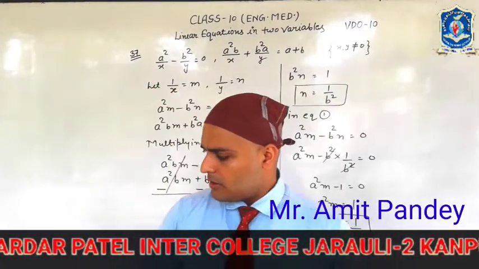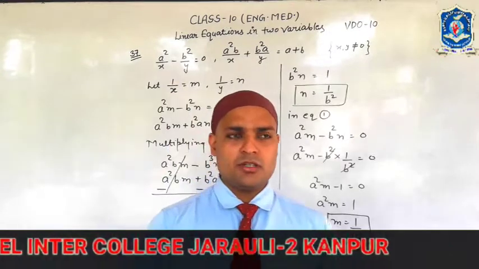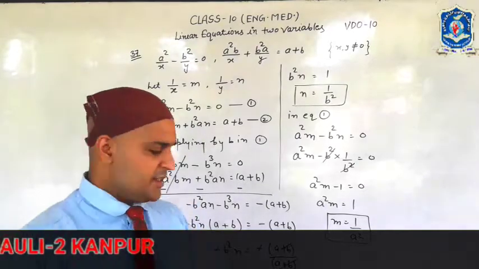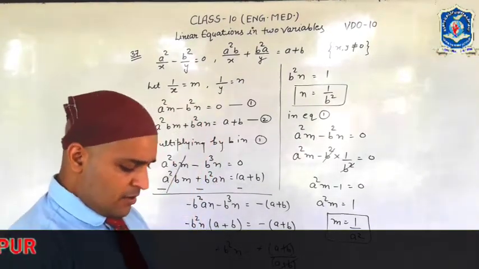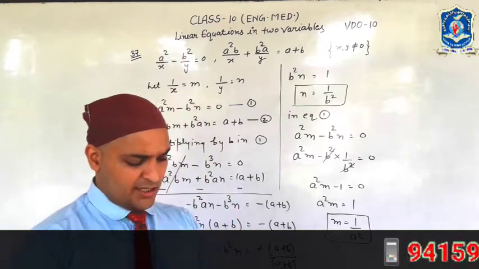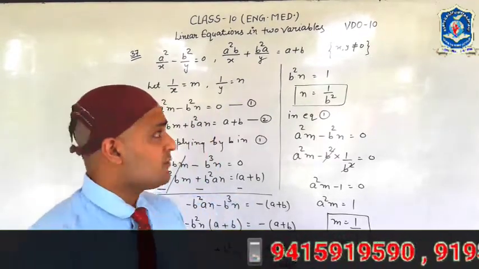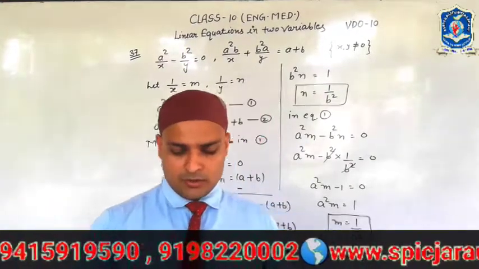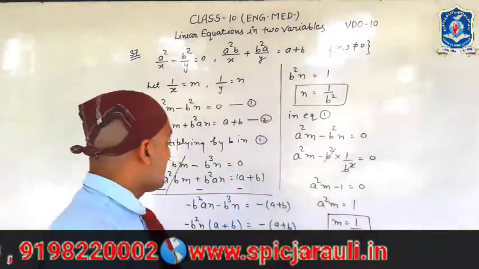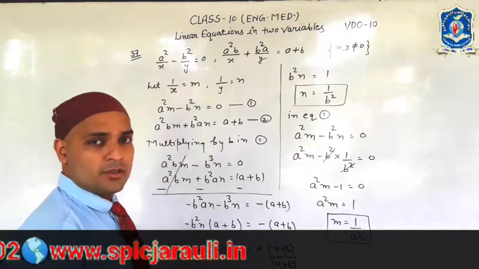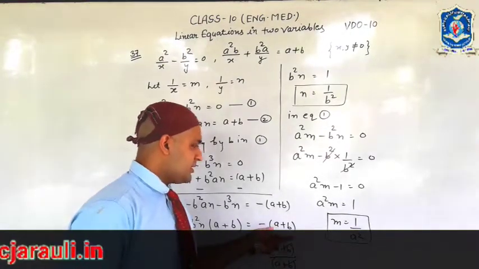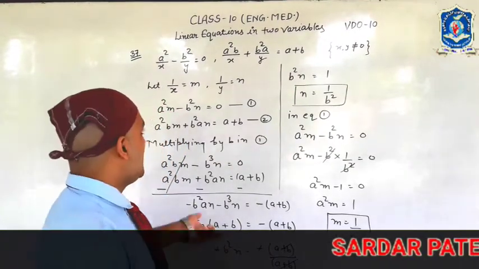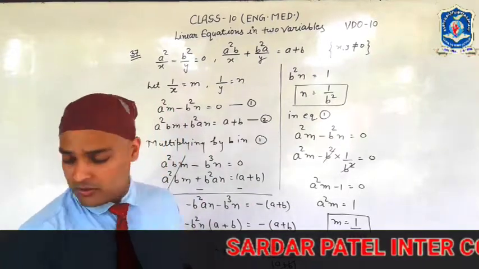In the last video I told you question number 36 in exercise 3C. Okay students, exercise 3C question number 36. Now I am starting this video from question number 37. There is a very tough calculation in question number 37, so I have solved it before because I want to explain it very easily. The calculation may go wrong, so I have solved this before. Now let's see question number 37.